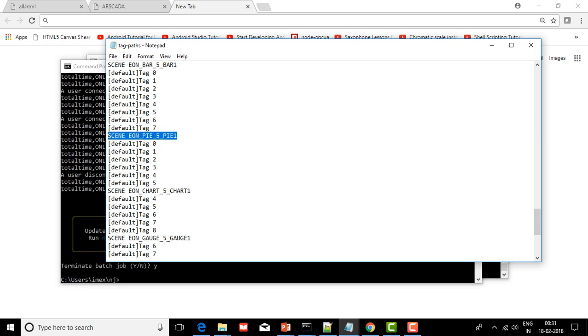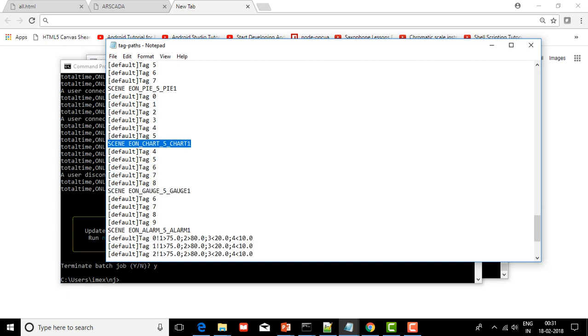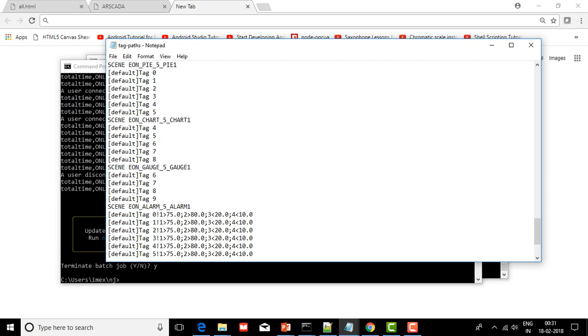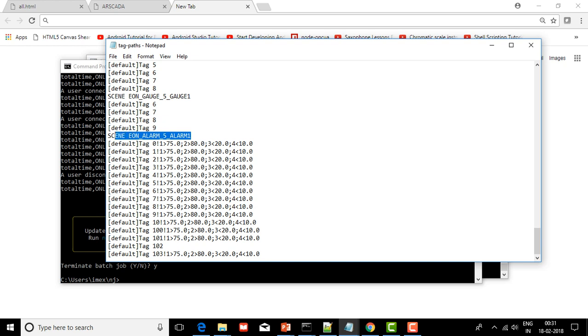Now this is another packet which defines a pie chart, and these are the tags that will be displayed in a pie chart. Now this is the parameters tags for the trend chart. These are the fully qualified path names, tag paths of the ignition parameter that will be defined in the chart. And this is the channel for the gauge,